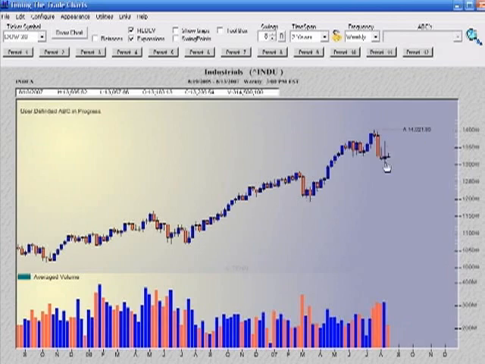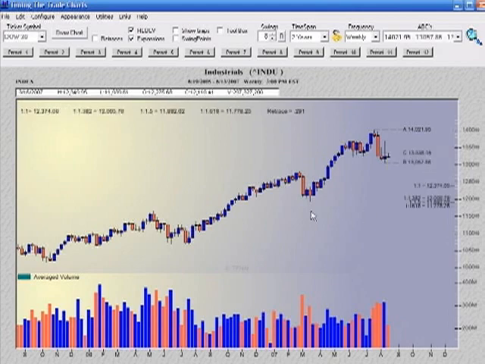You take a look at this ABC structure on the way down, and you have a situation that right now the Dow wants to get down to approximately, you can see the A to B is 12,373. We're going to get into this area. The low there is 12,039. So the first leg down, it looks like you're not even going to get into the bottom of it. What we haven't done in the Dow yet is this. We haven't broke the channel line from the bottom of 10,700. So right now, that's not in jeopardy. What is in play right now is that we're going to go down to the levels of the March of 2007.